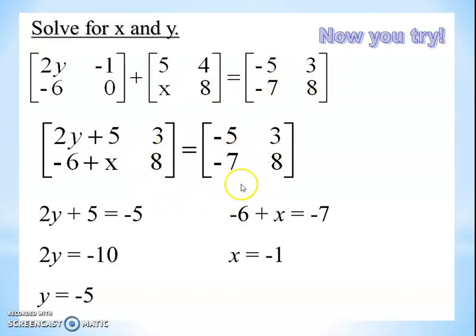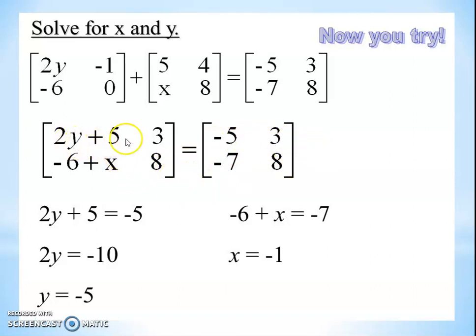Both the matrices have the same order, but the difference is that here 2y plus 5 and minus 6 plus x are in the pattern of an equation. No matter, each looks like one entry. So it is the A11 position, the A12 position, the A21 and A22 positions. Here also A11, A12, A21 and A22. So we have the equal sign, so each entry goes to the equal sign.